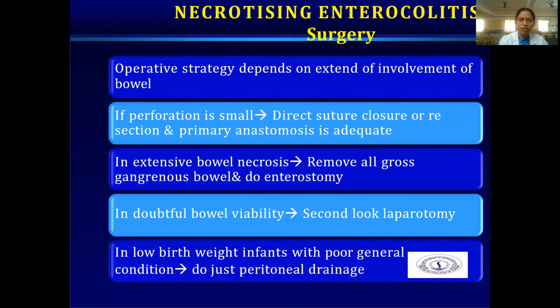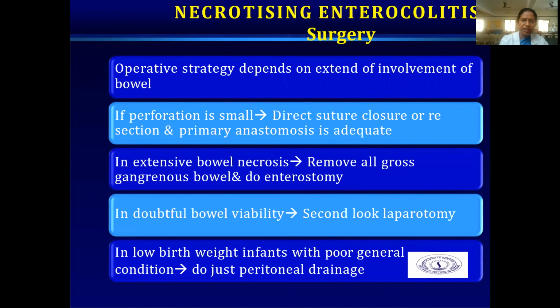Necrotizing enterocolitis surgery. Operative strategy depends on the extent of involvement of bowel. If perforation is small, direct suture closure or resection and primary anastomosis is adequate. In extensive bowel necrosis, remove all gross gangrenous bowel and do enterostomy. In doubtful bowel viability, second look laparotomy. In low birth weight infants with poor general condition, do just peritoneal drainage. So now we understand when there is an operative surgery,